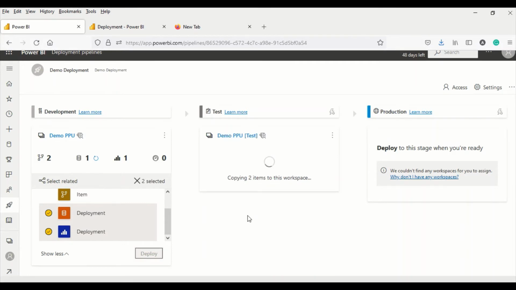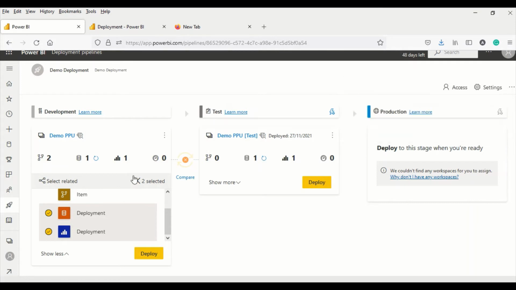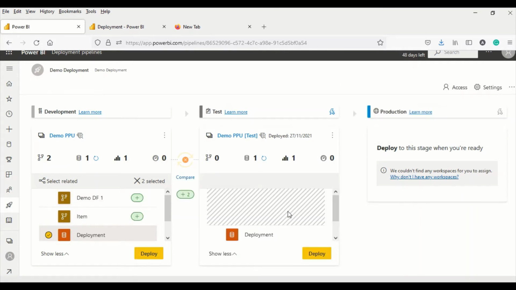So now I'm going to demo test. Deployment is happening right now. So let it deploy. It's going to copy these 2 files. And once the files are copied, we will have these 2 in the demo also. And why it is not correct, if you compare it, you will find this because we have not migrated these 2 data flows. They are not migrated here. Because of that, it is going to tell us that these 2 are not migrated.